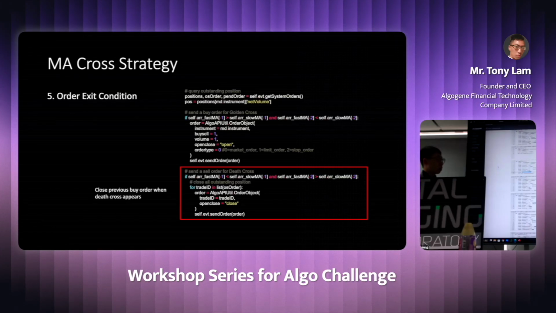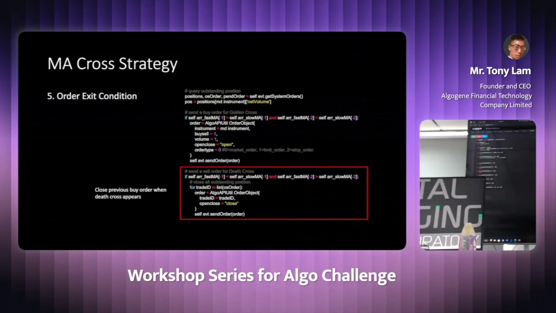If you set the limit price to be higher than the current market price, it will automatically convert it into a market order. But for our case, because we see that